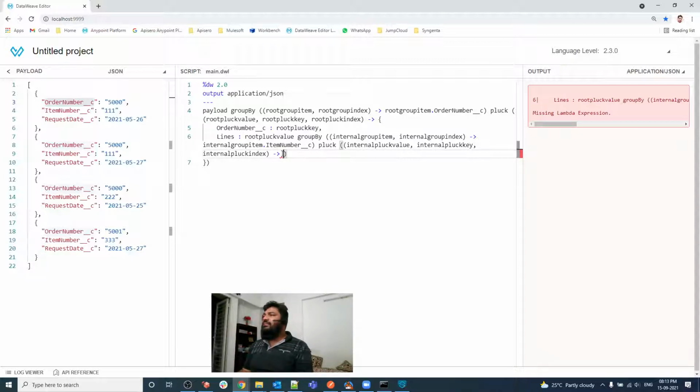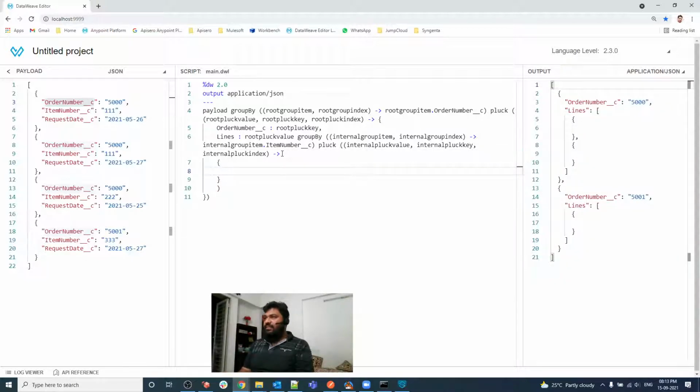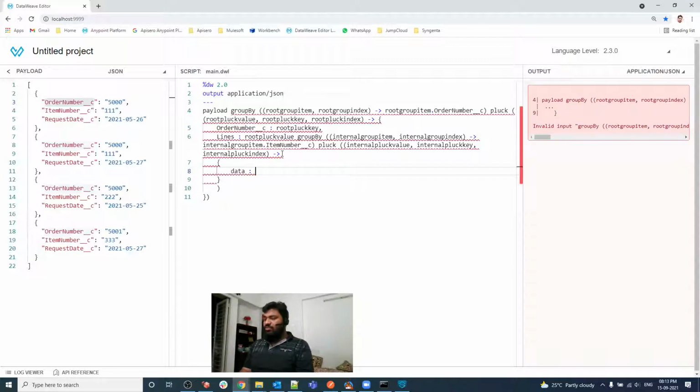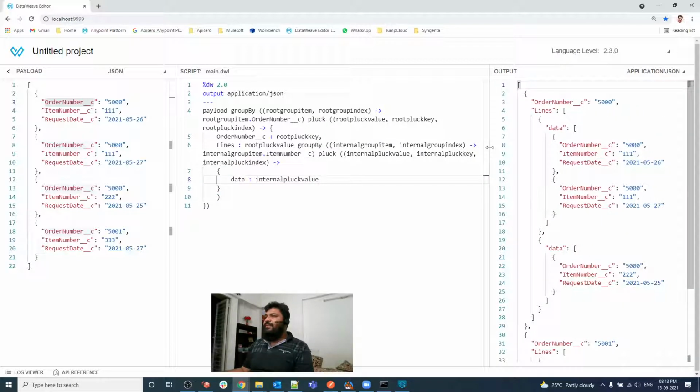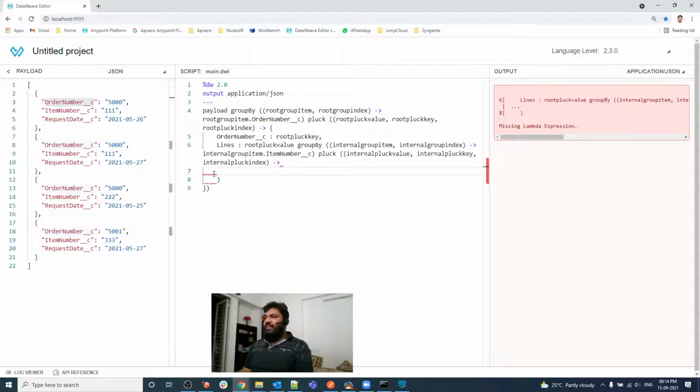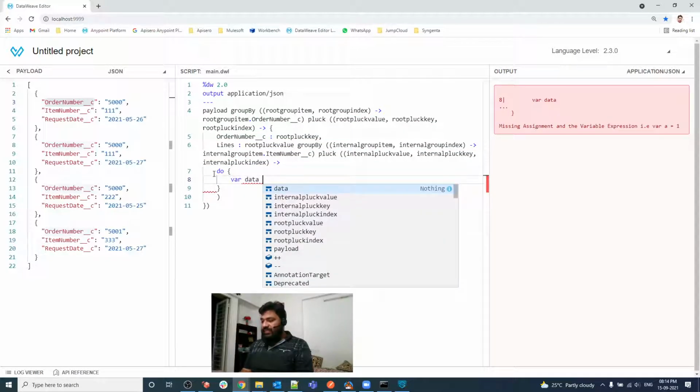So let me print data here. As of now I'm going to print data dot internal value. We successfully did Pluck there, and as you can see, the intermediate output is generated. So I need to do order by, but let me create an intermediate variable here. We can use using, and also we can use do. Here I'm using do. Basically do creates a variable, so I'm going to create an intermediate variable data,